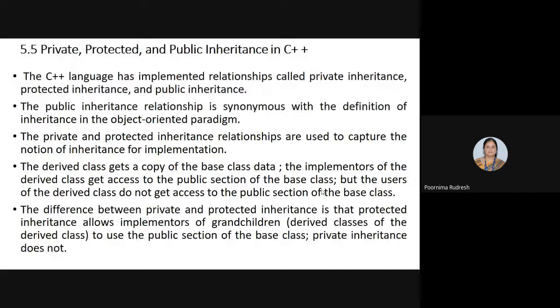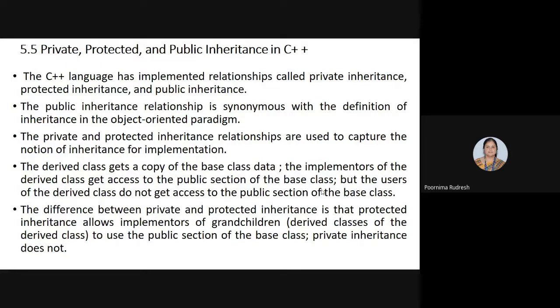The protected and the private inheritance relationships are used to capture the notion of inheritance for implementation. Means what?